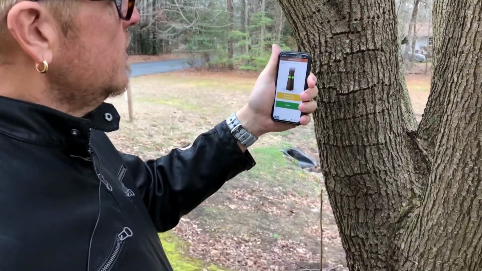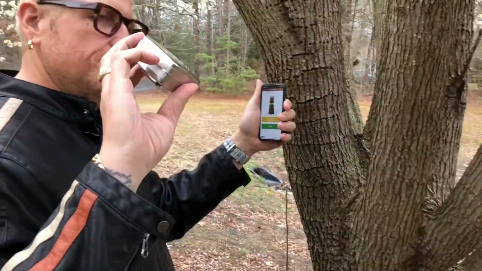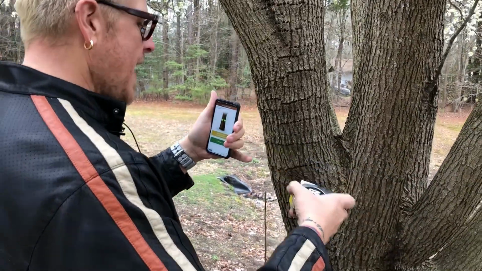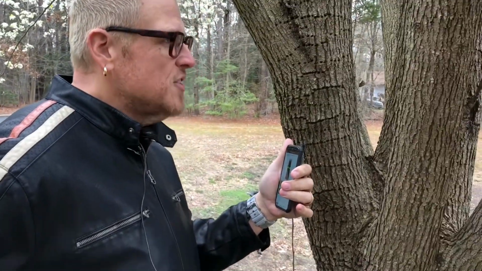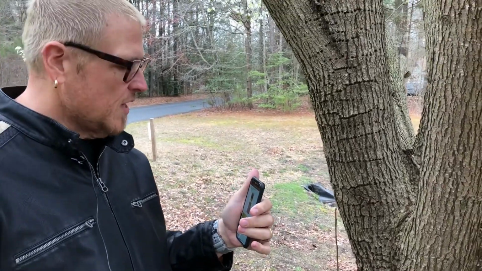Then you're going to come to a screen that says circumference. If you have a tape measure available, you can then take the circumference of the tree at breast height, about 4.5 feet above the ground surface, all right? Now I should also mention that since we did it this way, we're on a flat surface.